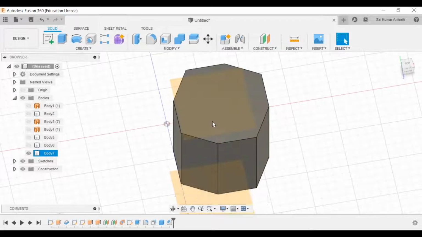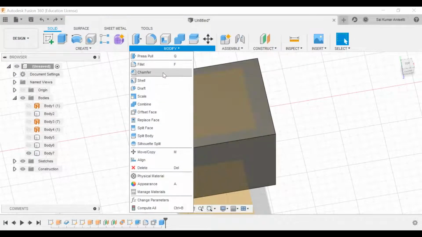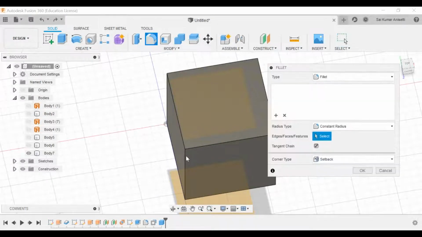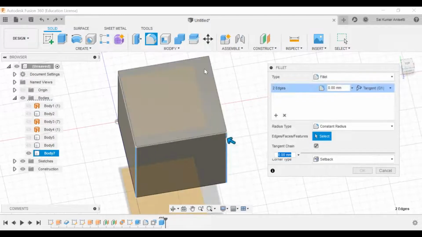In your project, it depends entirely on the project. So if you give two distances, go with two distances. If you give angle and distance, you can give angle and distance. That is how you control these things. Okay, now let me quickly give a fillet to all the edges, and let me finish things off.